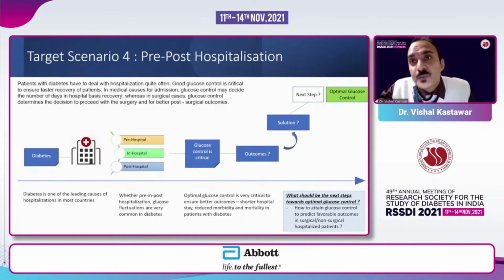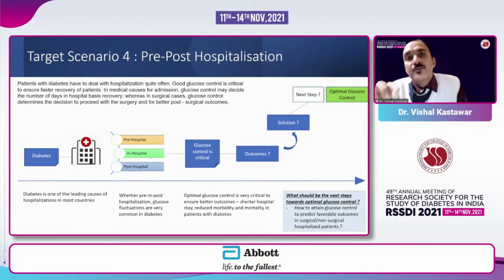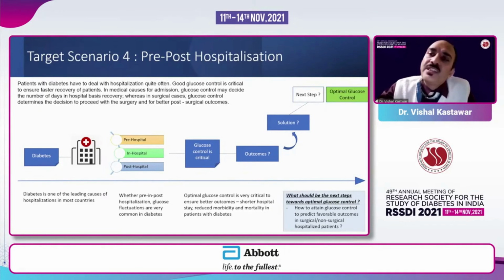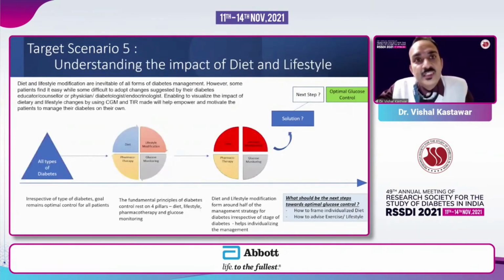Again, during hospitalization, when we require glucose range between 140 to 180 milligram per deciliter, and the patients are already investing a huge amount of money in hospital, we can actually provide them CGM, the time in range concept, and we can reduce their hospitalization stay, and we can actually save them money through utilization of CGM. Even those infected patients who are not hospitalized right now, if they have better glucose control with the help of CGM TIR, hospitalization may be prevented and reduced. So this is another area where we can use CGM and TIR.